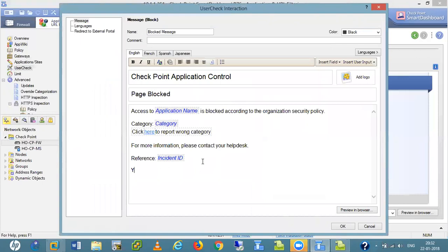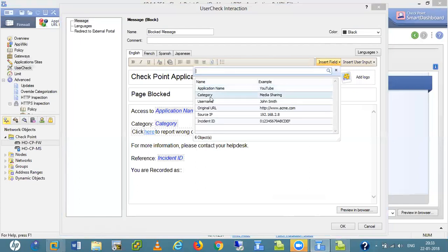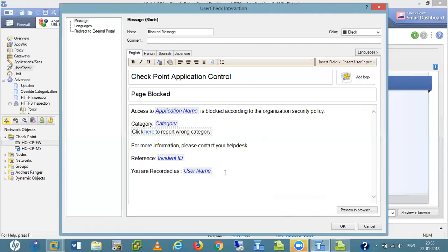Here I also add the user information: you are recorded as, and here I add the insert field. Here we have fields, so I add the username. Please contact the network admin.